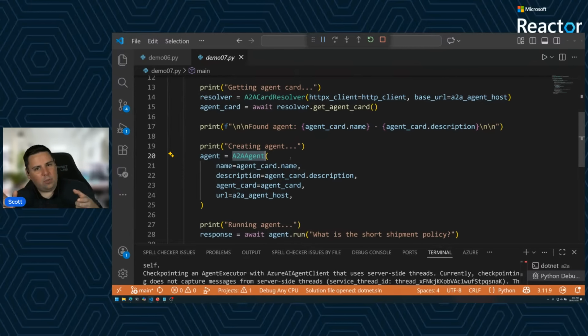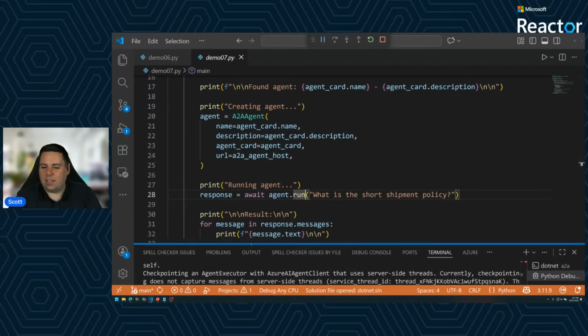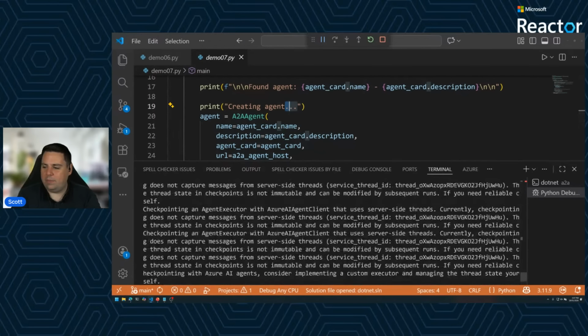Now, if you remember back at the very beginning, I said that when we begin to talk about these agents, they are generic. It turns out that the same base class that's used across all of these agents gives us the ability to do .run. So the agent.run here, it actually doesn't matter that this is an A2A agent. This .run will begin execution and kick off. Now, we can actually kick this off and run this and see it actually interact with our remote A2A server.